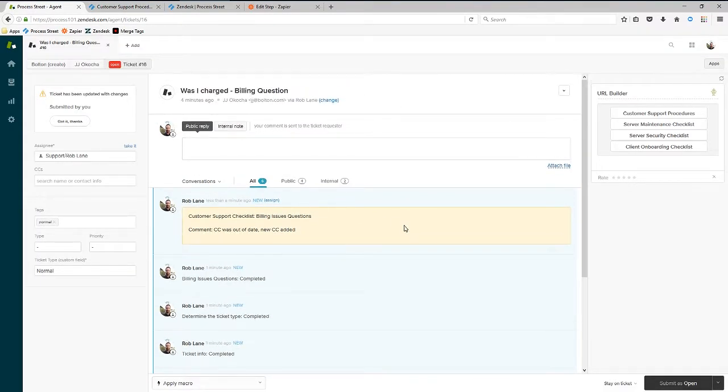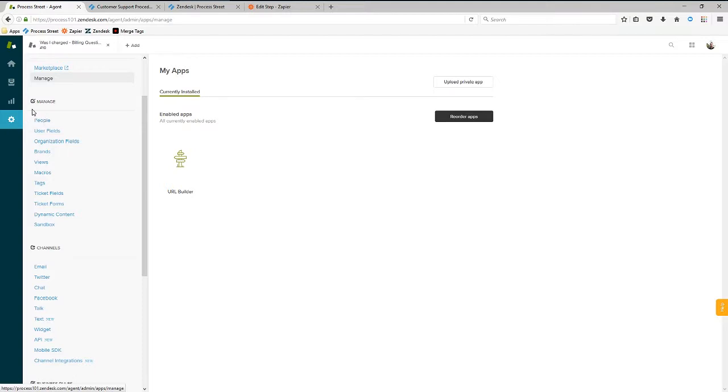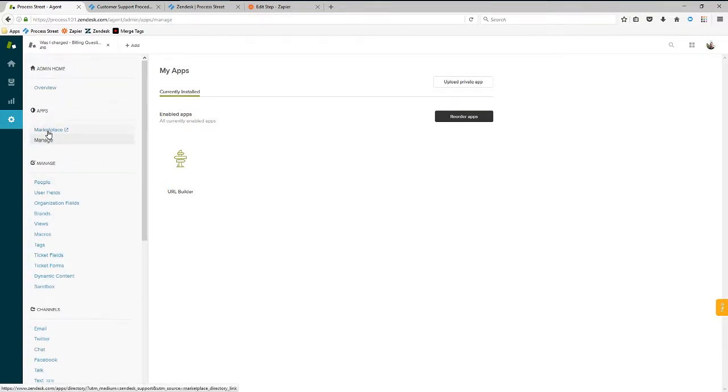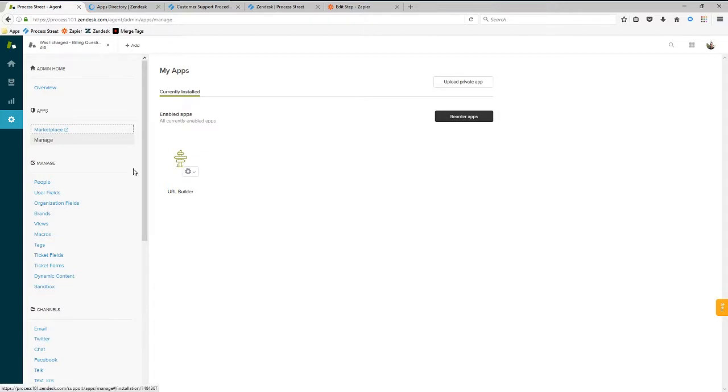So the next part of this is I can show you how to create this. If I go to the admin side of Zendesk, if you go into the marketplace, you can search for the URL Builder, and then you just install that app. You'll get this icon where you get to manage. We click in here,